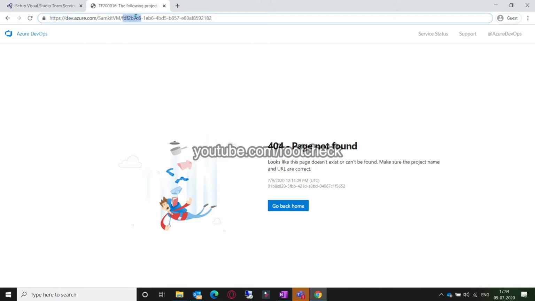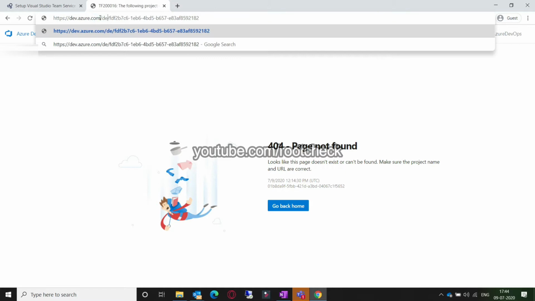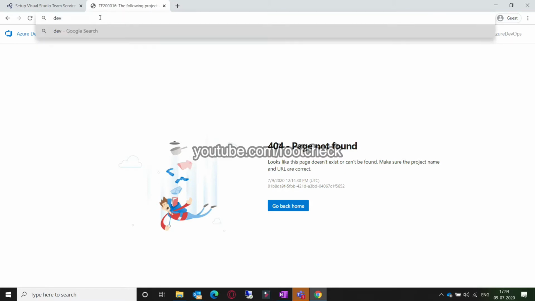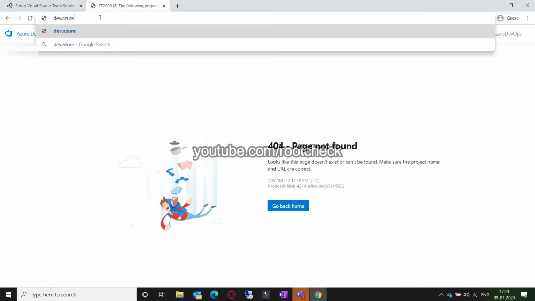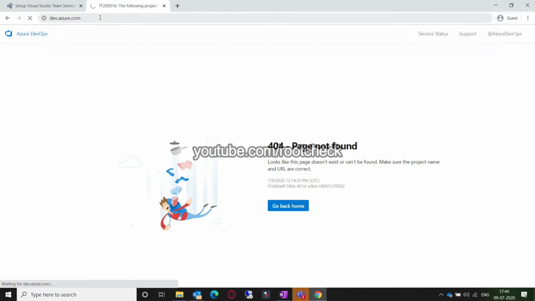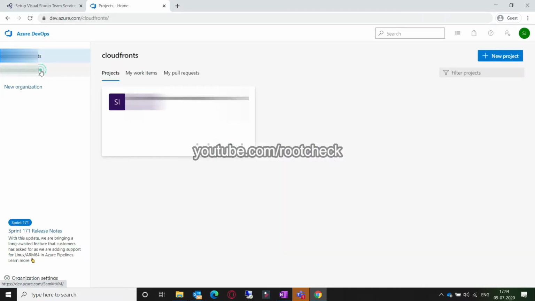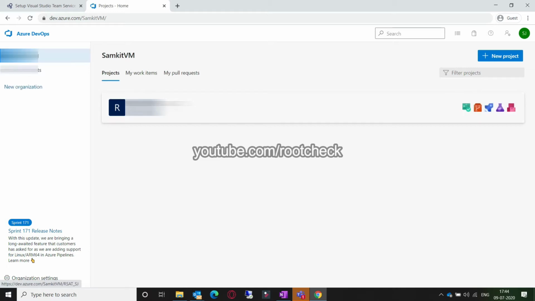Otherwise you can go back and from your organization you could navigate to this project, it is already created, don't worry about that. So here I am just refreshing this page, it is not working. So just go back to your home page and select the organization. The project would be created with the same name. Here I am navigating, so you could see the project is already created for that.